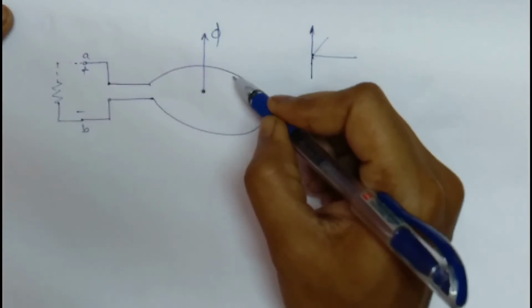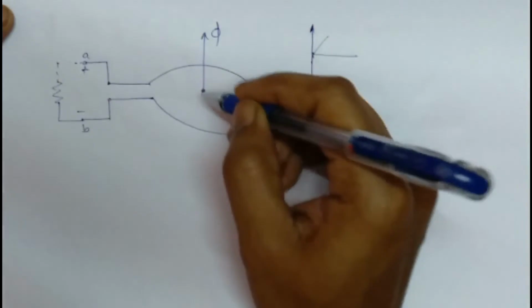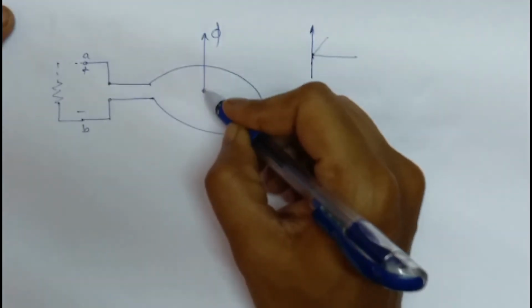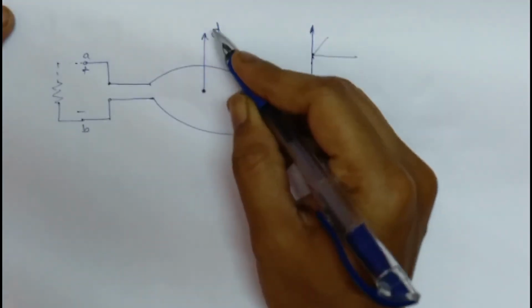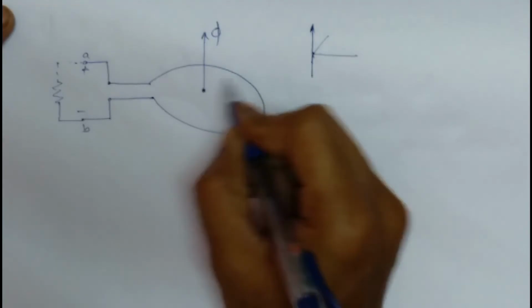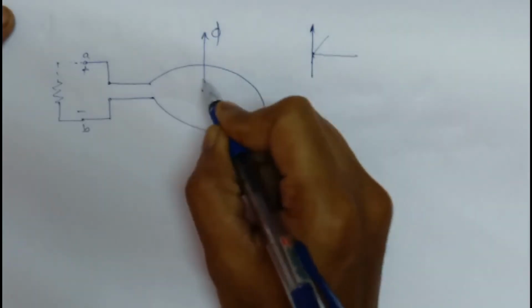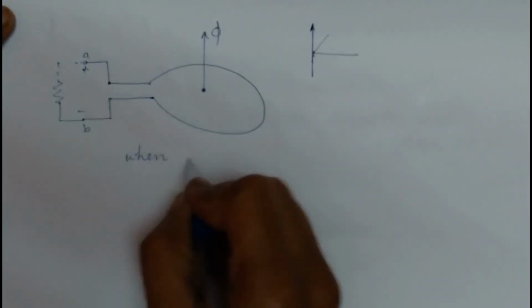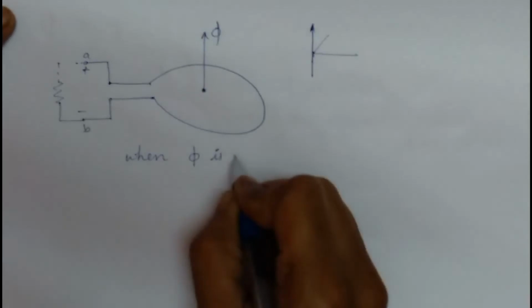My induced current should produce flux in the downward direction, so that the increase in flux towards upward is opposed. For that to happen, the current direction should be downward. So when phi is increasing in the upward direction,